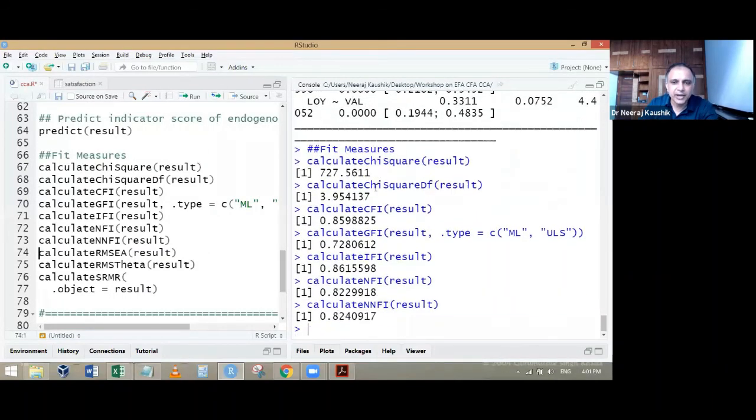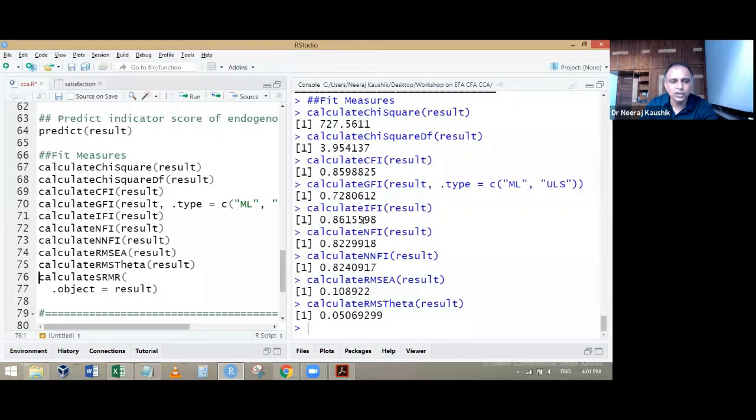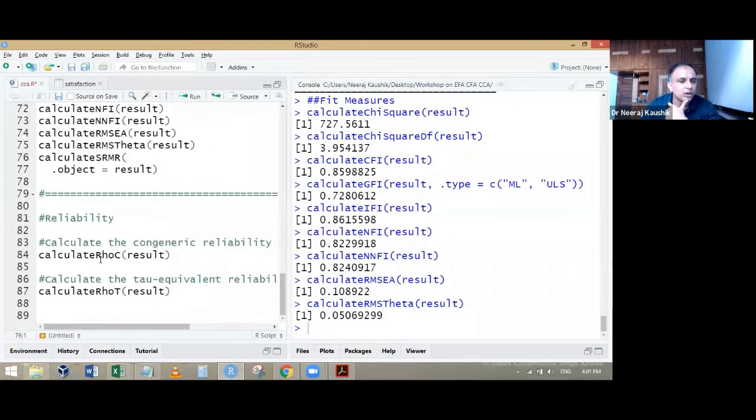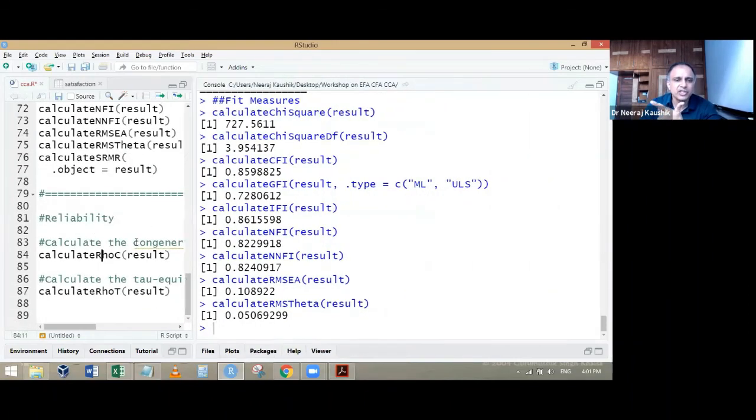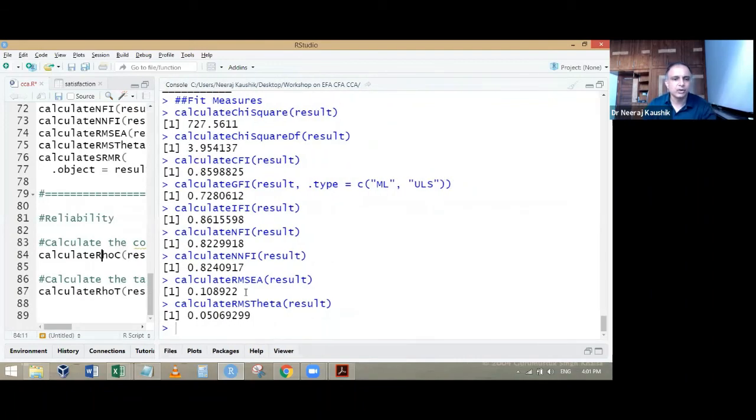So this is CFI, this is GFI, this is IFI, if you want that. Otherwise, earlier we had all. Reliability, if you want to calculate, otherwise in the summary we had all. If you want to calculate, these are the part of